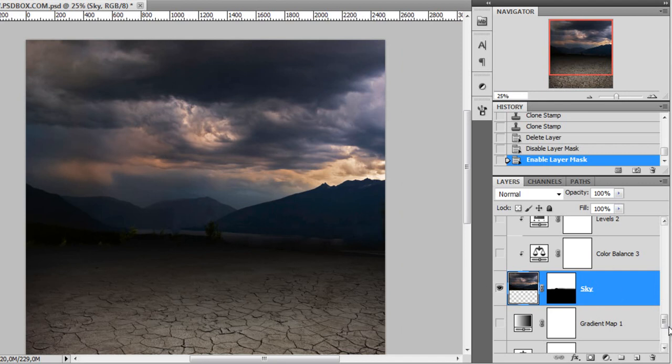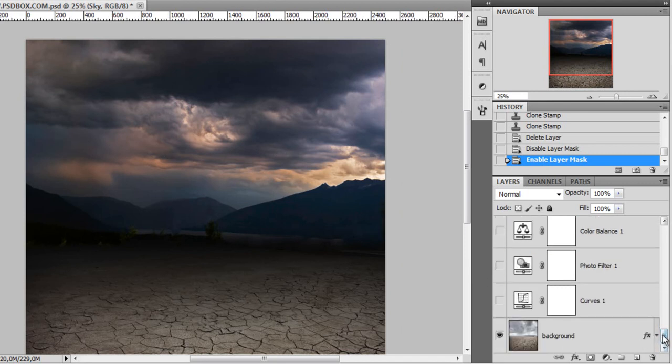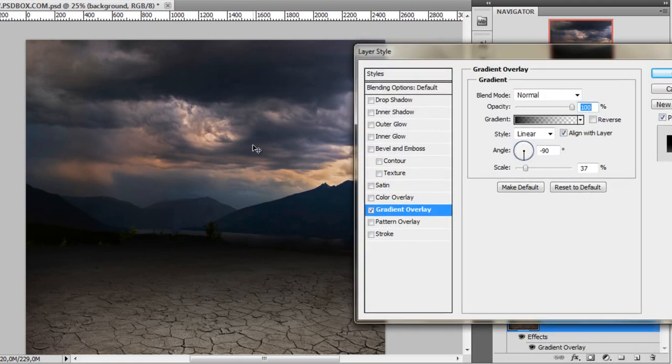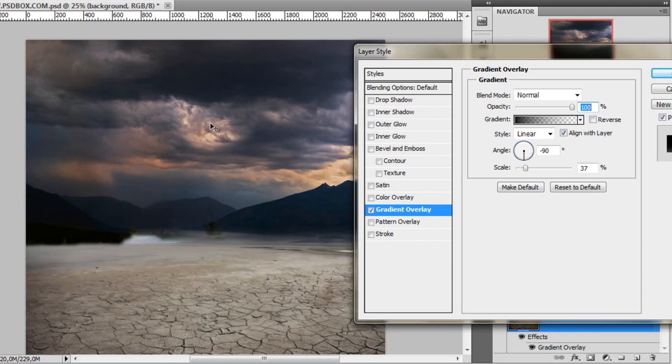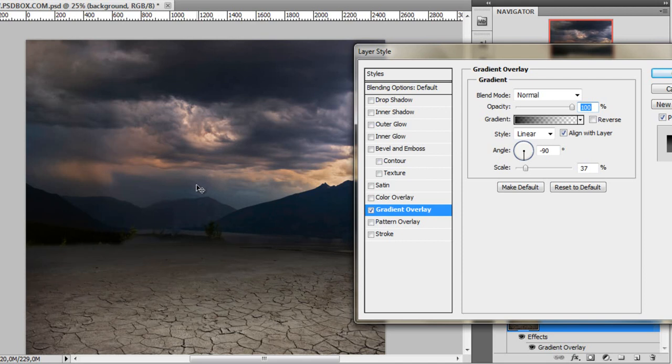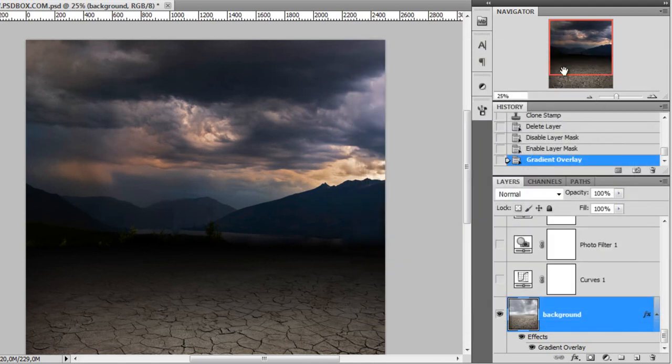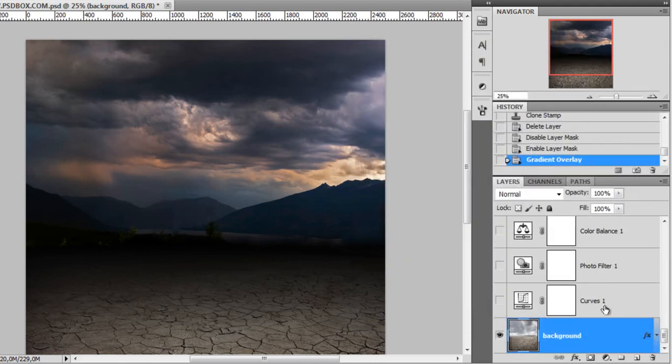Once you have it done, you can go back to the background and adjust the gradient overlay. You can drag it down to have it darker here, because if you move it up, you can see that you have this bright area here which is not looking good. So try to have something like this and then click OK. Once you have this,